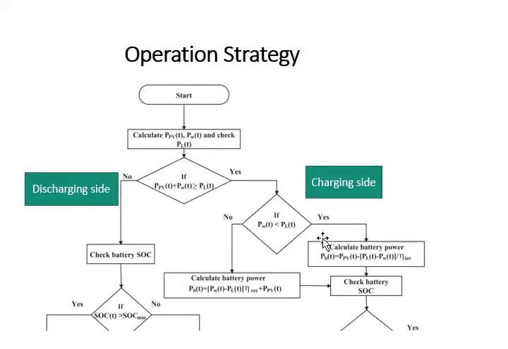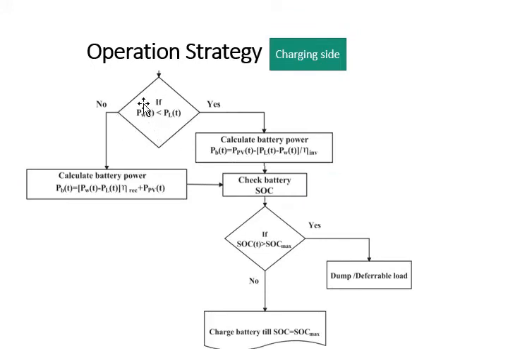So on this side, when your renewable energy is more than load, you will be comparing whether only the wind is sufficient to meet the load demand or not. So you are comparing whether only the wind turbine is sufficient to meet the load demand. If only the wind turbine is sufficient, then come here. P wind is less than P load? No, it means P wind is greater than P load. So come here, only the wind turbine is sufficient to meet the load demand.